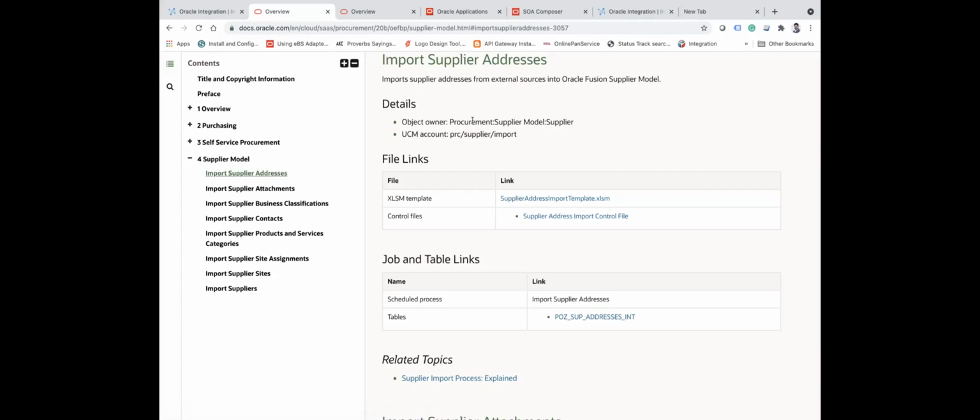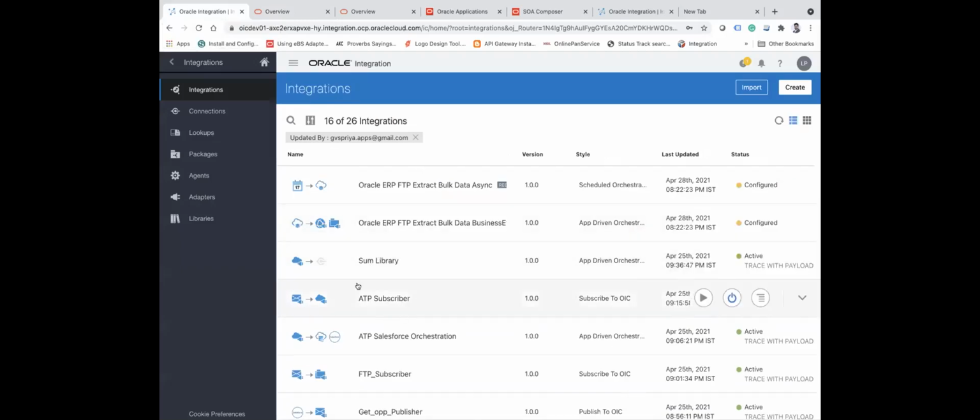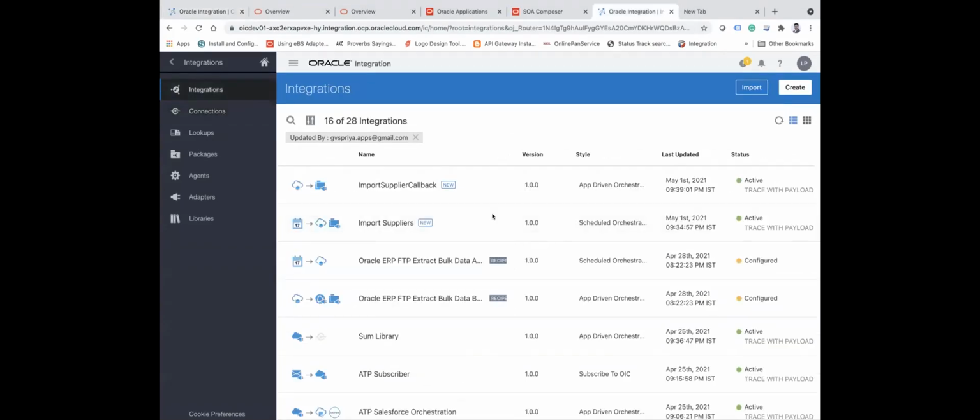So how would the control be in the integration? Can you go to the integration once? We put the supplier, import suppliers, right? Which one are you saying? Yes, you can show the import supplier side. Where do we put that in the integration part? This one you are talking about? Yes, go to the integration, and if you want to put the supplier sites in the integration, what you can do now is, let's suppose, let me just